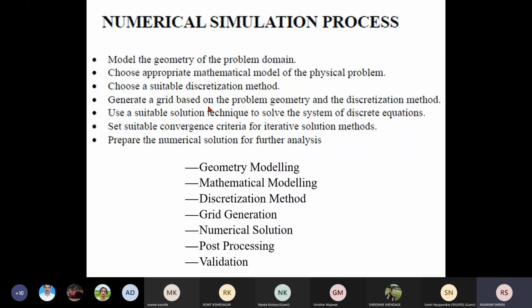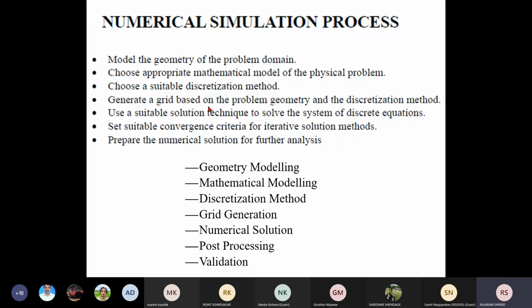If you are using finite difference method, then proper structured grid generation is required. If you want to do the finite volume method, small size of the control volumes is required because we are doing the calculations at the centroid. If we go for the finite element method, you can use any unstructured grid, but calculation points are more because we are doing the calculations at nodes. But in case of finite volume method, calculation points are less, so we have to use smaller control volumes.